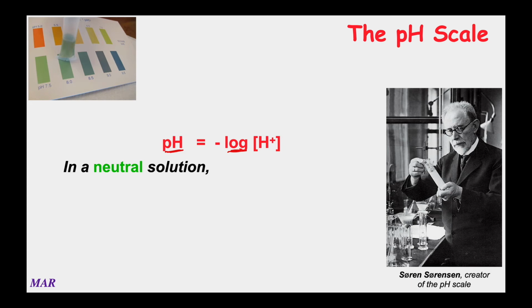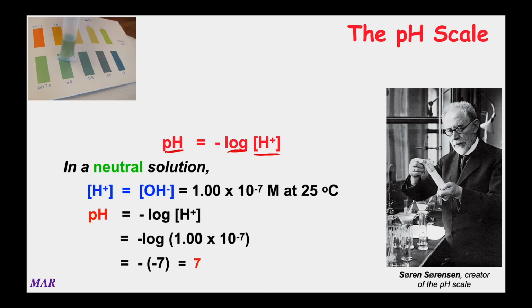Don't worry about that. H plus right here, this is that thing in brackets. That's the molarity of the acid. So if you had a 0.1 molar, 0.1 big M HCl, in the brackets right there, you would put 0.1. And that's how they calculate pHs, which is kind of cool. Now, if you truly have a neutral solution, the H plus, which is also equal to the hydroxide, we'll see in a later course, equals this 1.00 times 10 to the minus 7th moles per liter at room temperature, 25